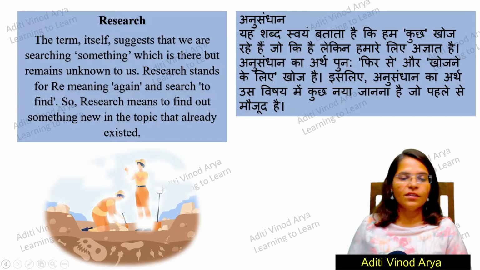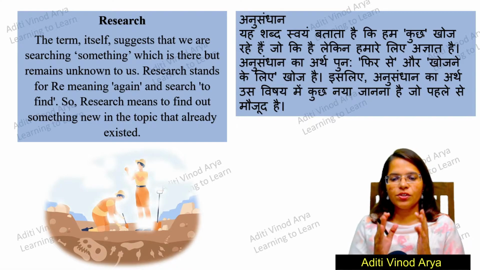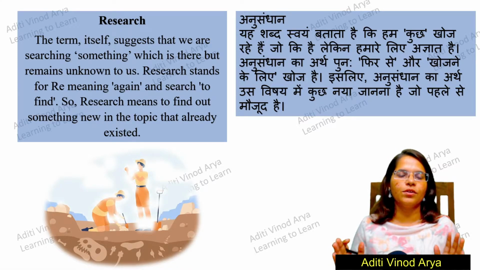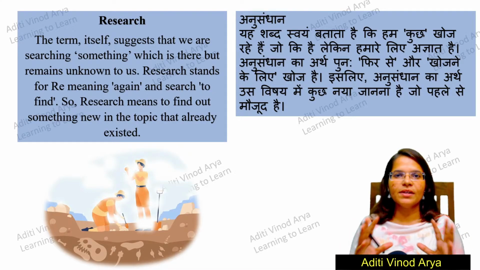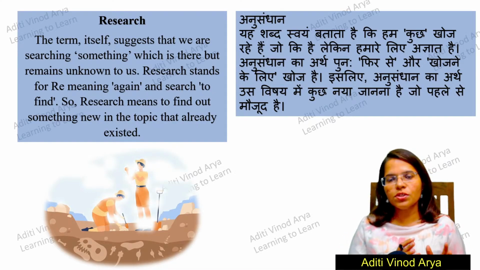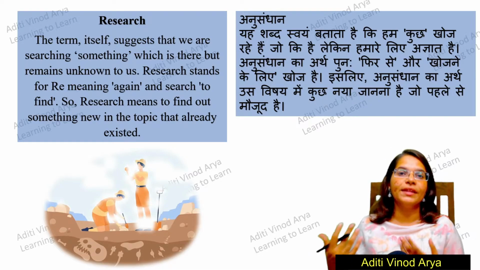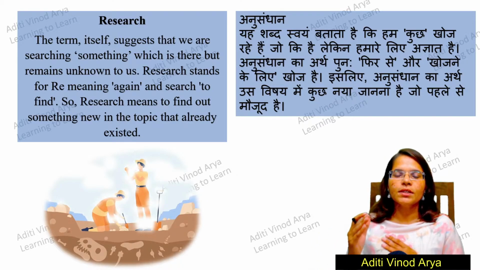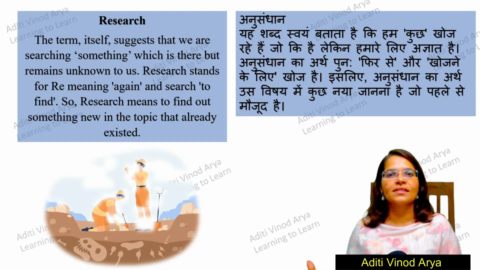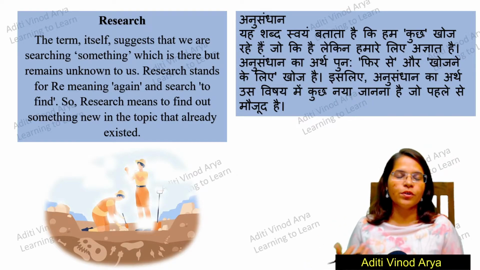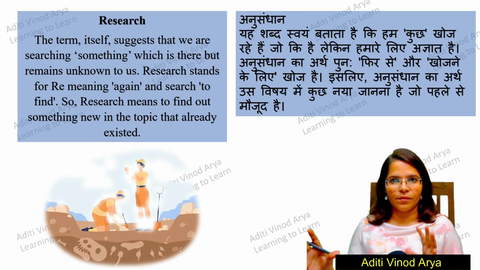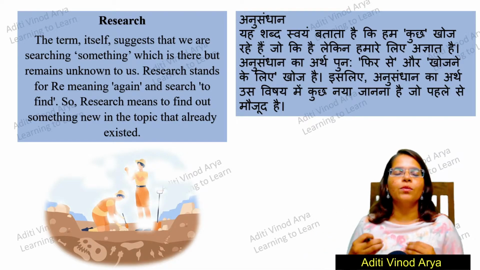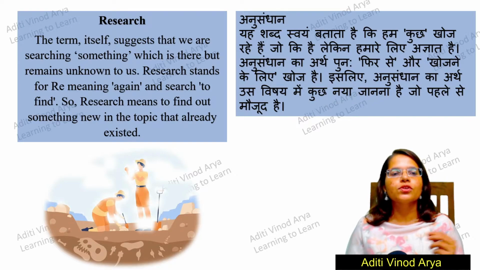These are two completely different topics which you need to understand, and these two words are completely independent of each other, completely different, separate from each other. So, research is finding out something which is already there. All the research which has been done so far is totally based on the topics, on the theory, on the things which already exist in the world. So you did not invent that, you did not produce that, it was always there. You just went and found it, that yes, this is that thing. So that is called research.